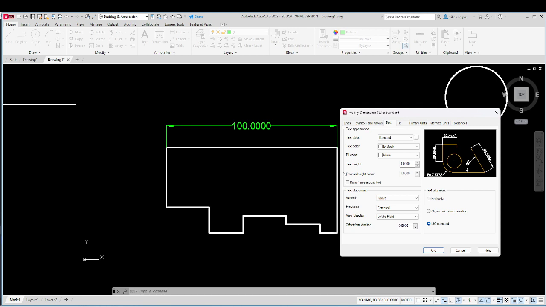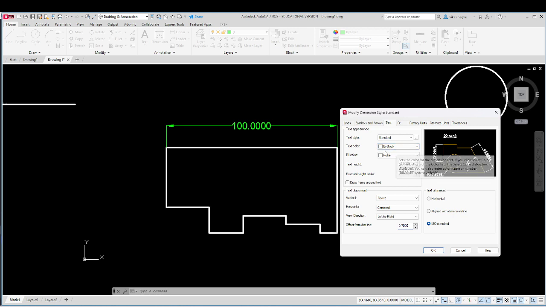And I want some space. You can see this dimension text is touching the dimension line. I don't want that. So this is the number offset from dimension line, or offset from dim line. That means what distance you want between dimension line and text. So I will increase it. I'll make it 0.5. Is it looking okay? You can check it here or in this diagram. So I have made it 0.5. I can slightly increase it further, 0.7, right? So these are the modifications we have done for the